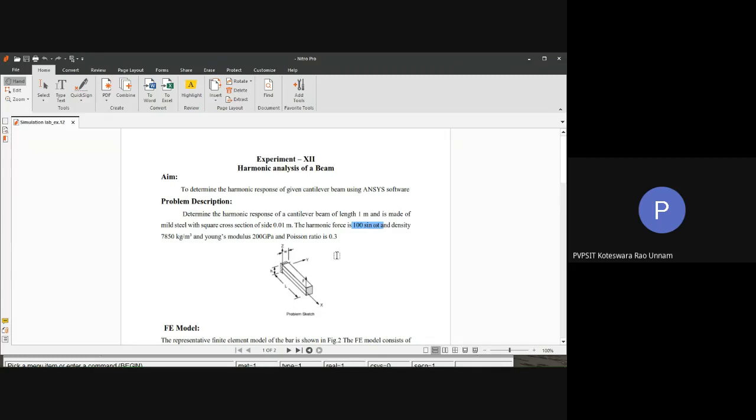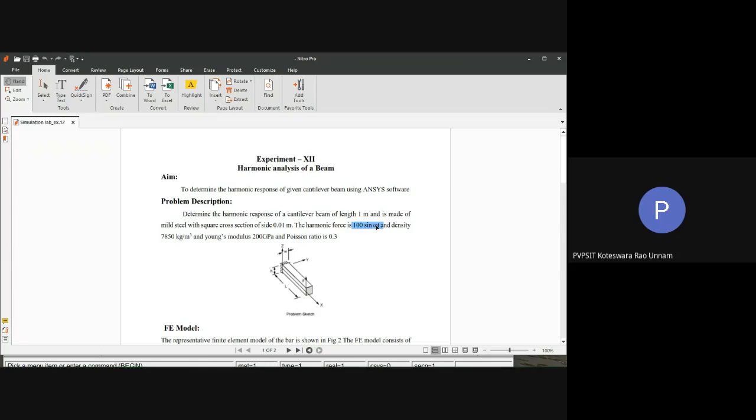Vibration class students may know this very well, and other students may also have studied these vibrations in your dynamics of machines course. The formula to compute that amplitude: if I denote the amplitude as capital X, the formula is 1 by (1 minus r square), where r is the frequency ratio, omega by omega n, whole square.